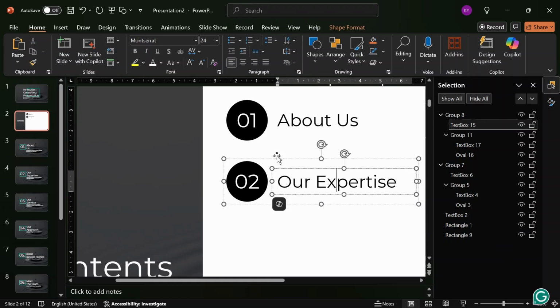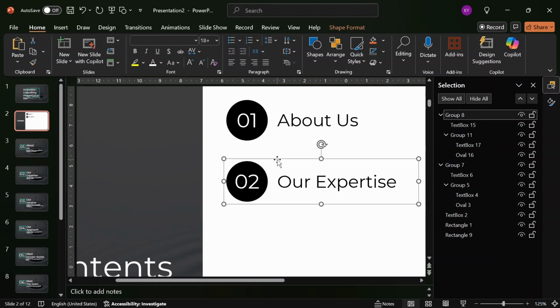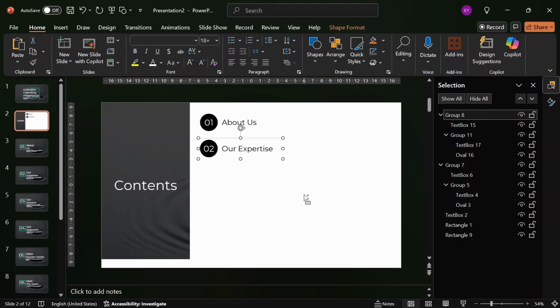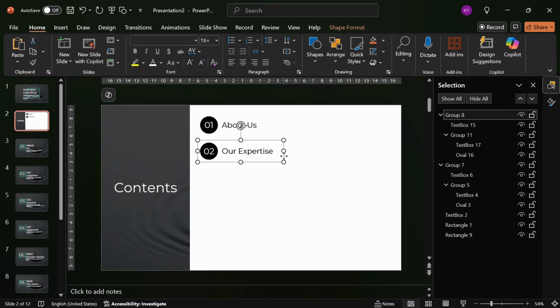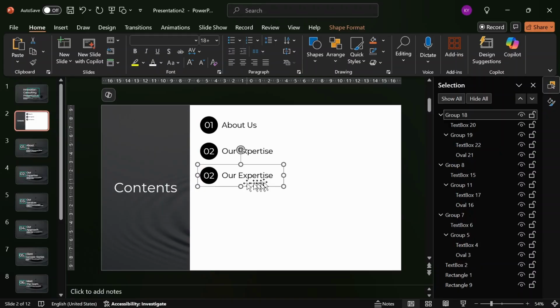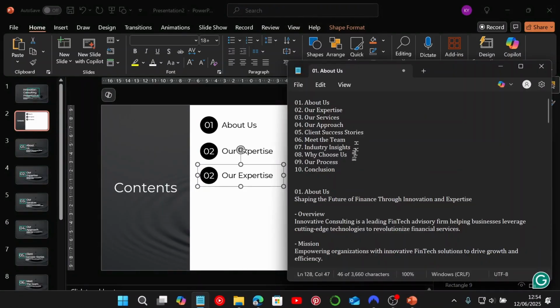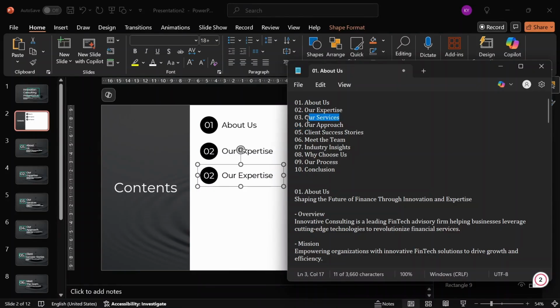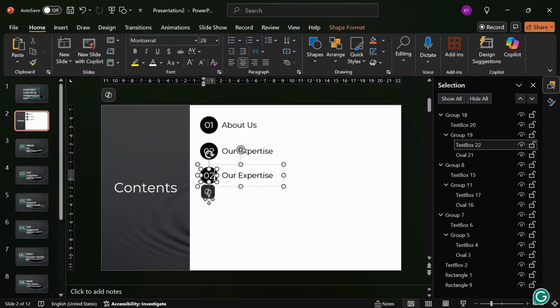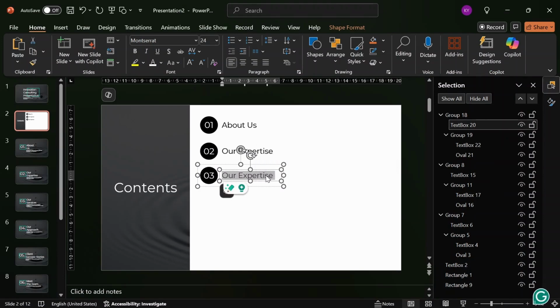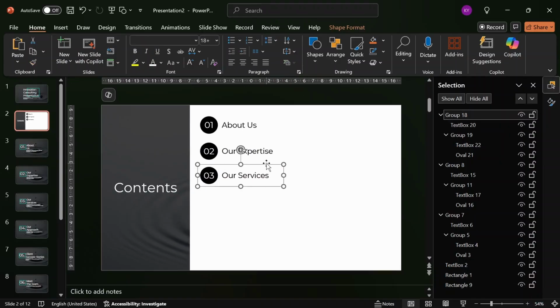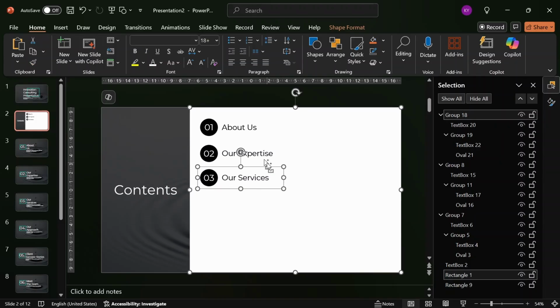Number 2 has more promise of being perfectly aligned. So we're going to go out a bit, grab this, then Control and Shift, and drag this down. We're going to go for number 3. Number 3 is our services. I'm going to change this to 3, then select everything and change the text to our services. Once again, grab number 3, Control Shift,